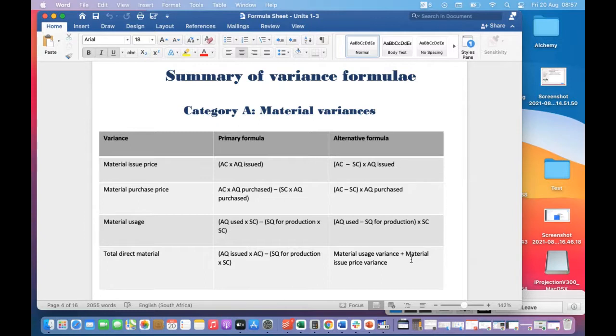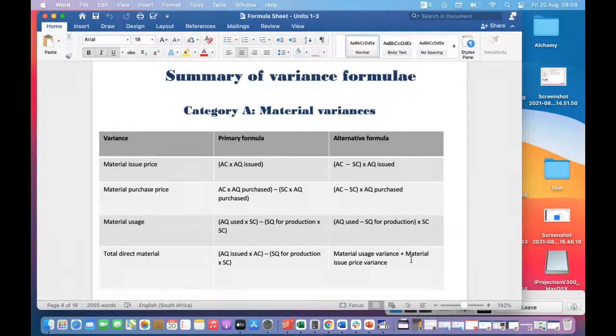So it's one of those that, hey, we have to practice these in order to master them. You'll find that these are so close, you need to distinguish between what was issued and what was purchased. What are they really asking? Usually it's about what they want you to find out. In the question, they will highlight that we're looking at the variance of how much we spent on this versus how much we planned to spend on it. Then you know, okay, I'm looking at purchased.